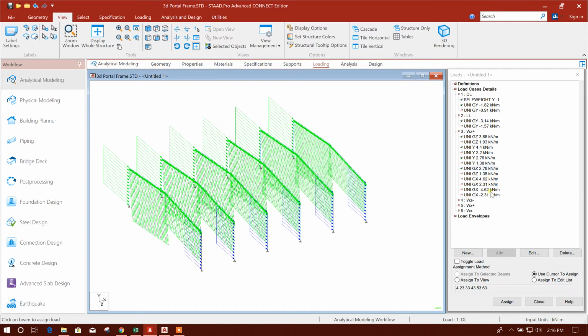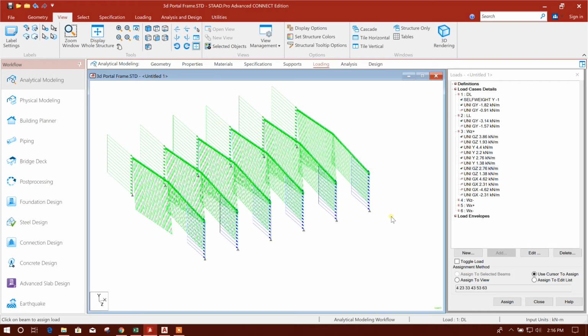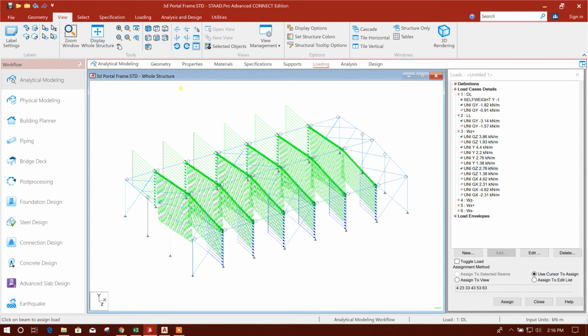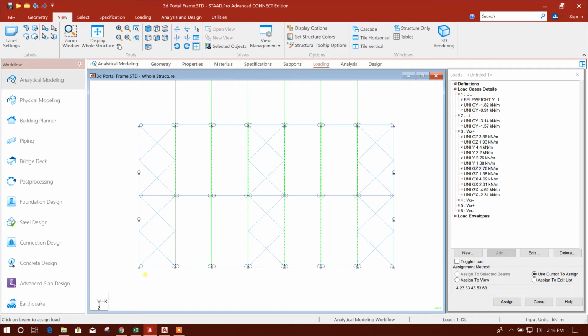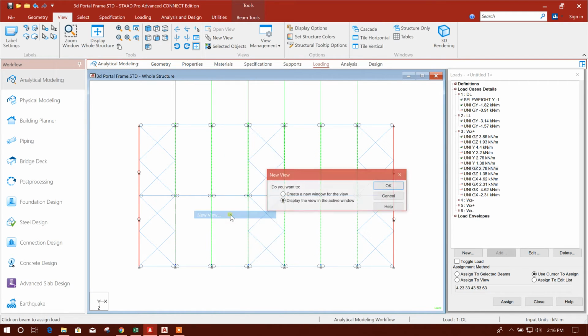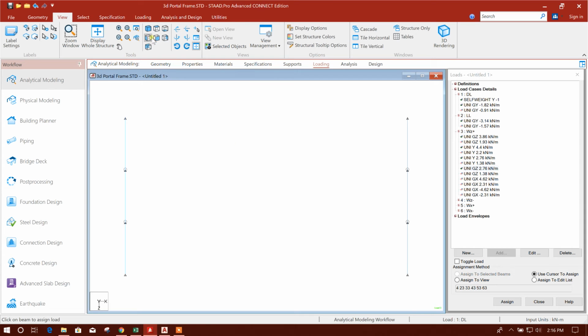Now this is for the end frames. All this we will apply this. Now I will go to display whole structure and I'll go to this. I will select this end frame and this end frame, then create new view. Okay,